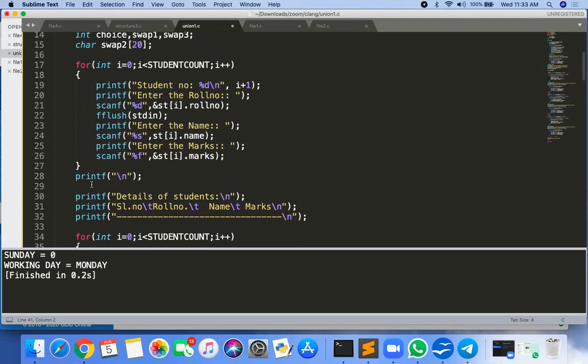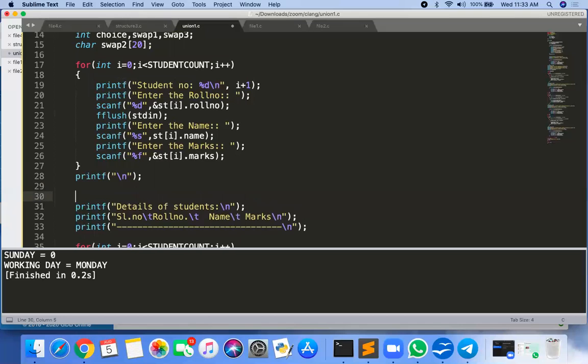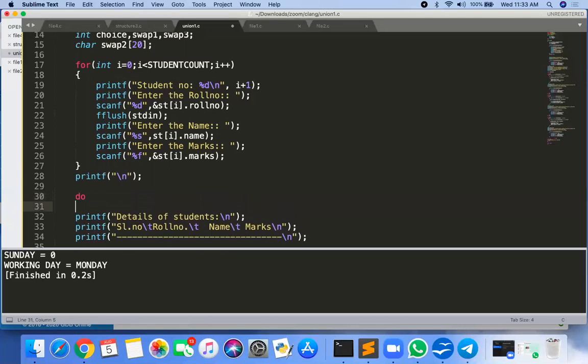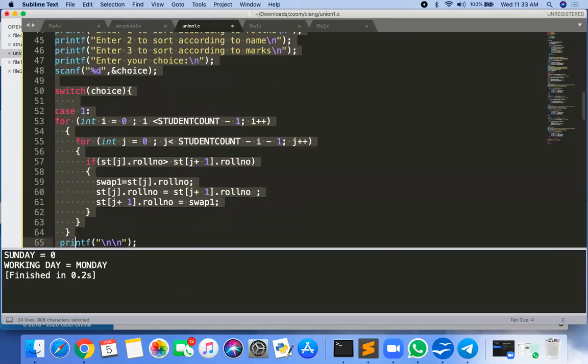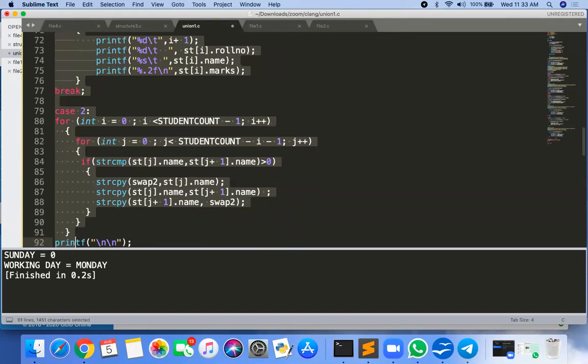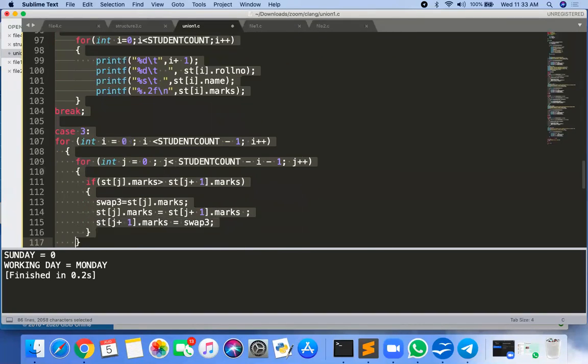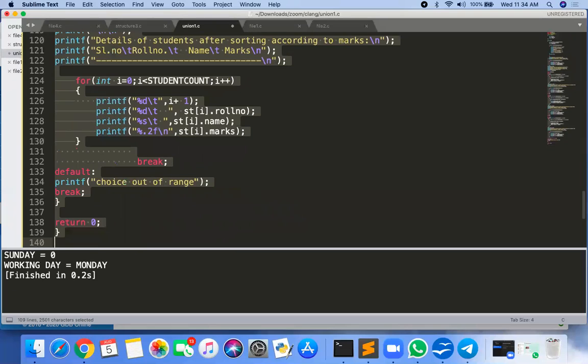Okay. So from this statement, we will perform the repetitive statements. Do this: all the statements will be put into the do while.